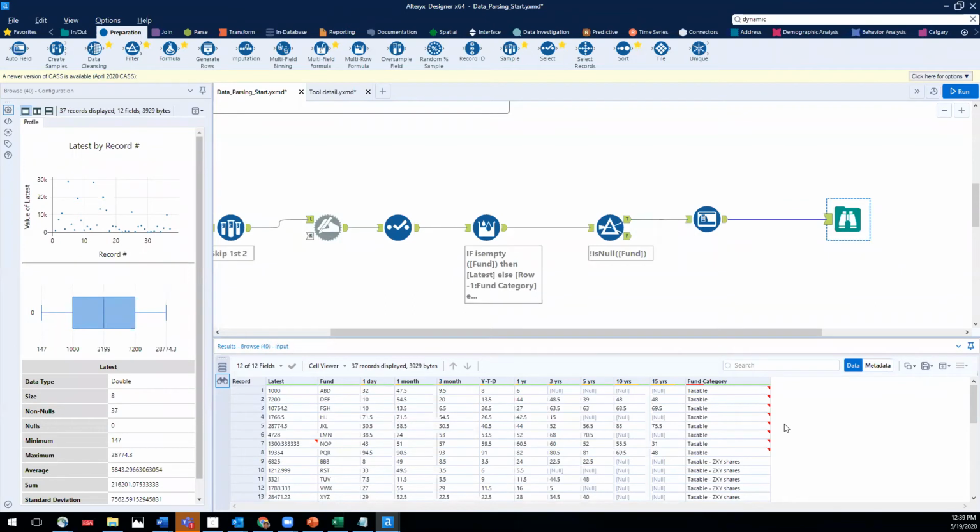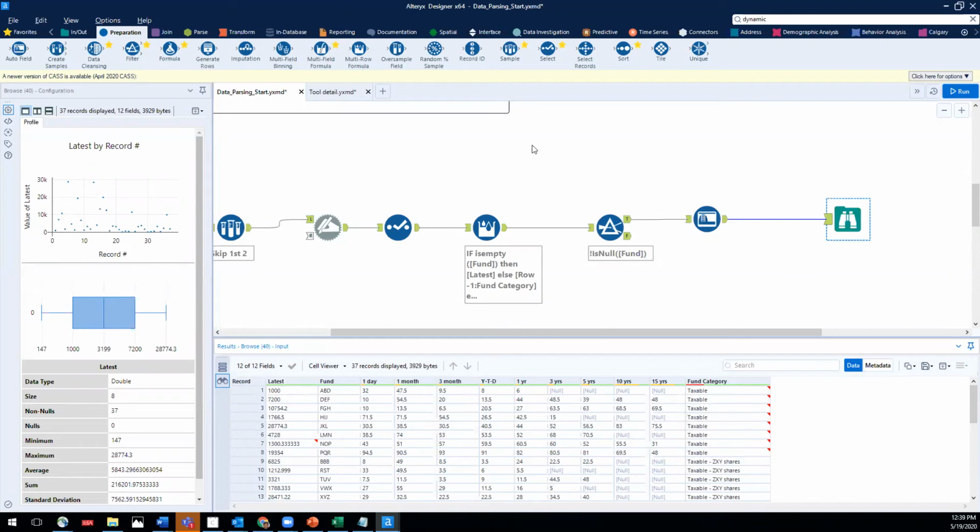All right. Now we're getting pretty good here, but there are a couple more things that we want to deal with. One is I don't like the idea of having fund category up here on the far right, and right now I've got numbers, then I've got my funds, and more numbers, then my category over here. It would make more sense for me to have this category value all the way here on the left, followed by the fund column, and then the numeric columns after that. So if I want to reorder